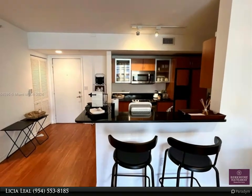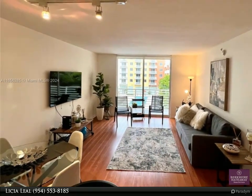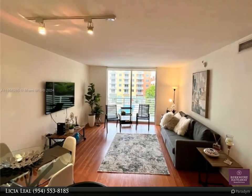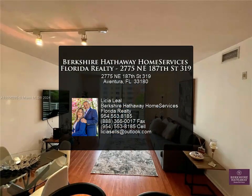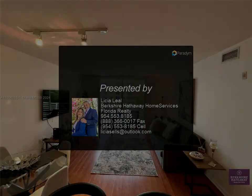Building with 24-hour security, valet, 3 infinity pools, a sauna, a gym, a clubroom, a billiard room, a movie theater, and more. Walking distance to supermarkets, stores, and restaurants. Near Aventura Mall, hospital, and beaches. The owner is looking for a seasonal